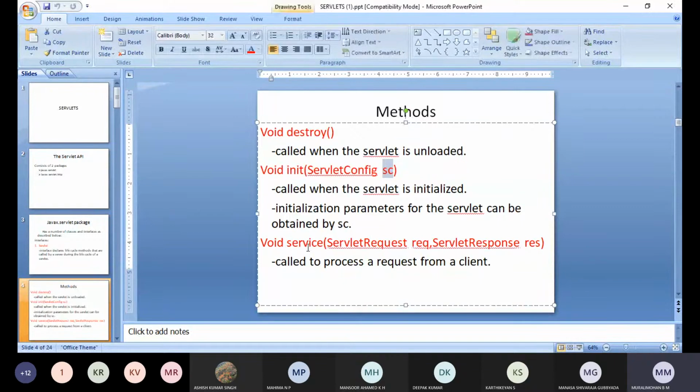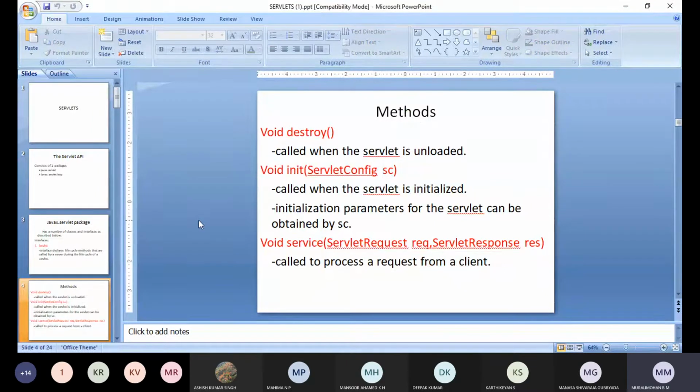Void service. So the service method processes the HTTP request or the client request and provides service for the request, or formulates a response. So the server will invoke this service method, right? So these are the methods we are having inside the servlet interface. Kindly remember, we are discussing the javax.servlet package. Under that, we are discussing what are the classes and interfaces we are having. So first we are discussing the interfaces. First one, servlet. And these are the methods which are there inside that interface.